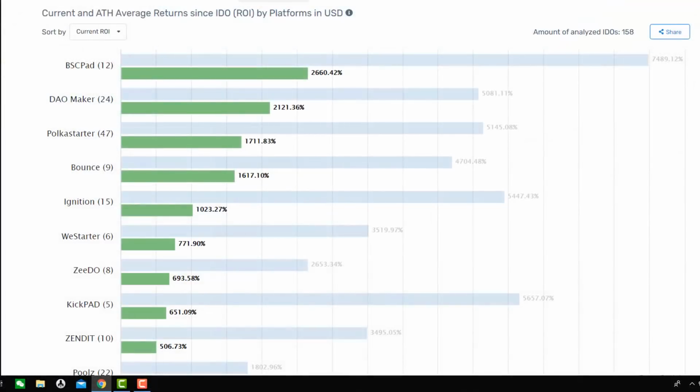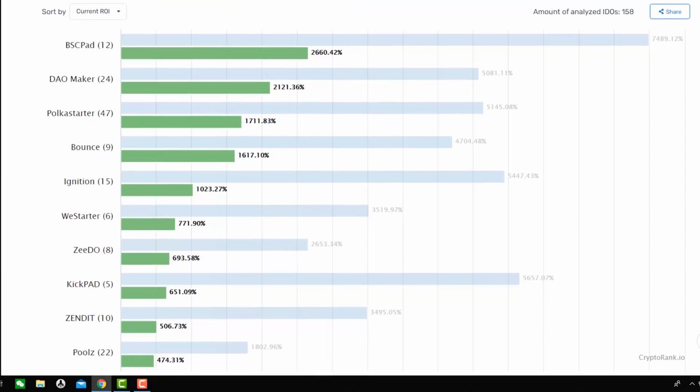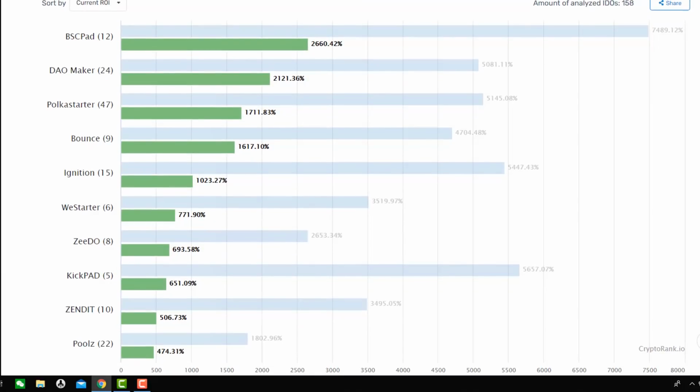So this is an interesting bit of data that I just found, and it's the average returns on IDOs. If you don't know what IDOs are, they're basically pre-sales on platforms, and these are centralized platforms. We talk about all this in the Patreon group. I even have a spreadsheet of each IDO and the cost of getting into them, the tokens that you need to buy, whether they're lottery, whitelist, or guaranteed or not. All this data is important. But what's interesting is this